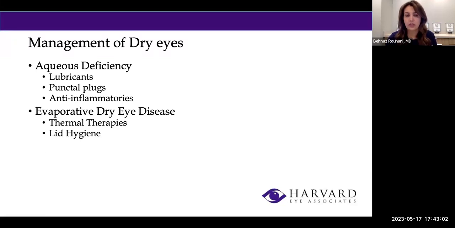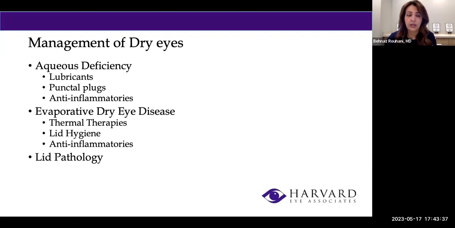I always recommend lid hygiene because it will take away all the dead skin and bacteria that are right behind our lash line, blocking those glands and not letting the glands do what they're supposed to do. So always lid hygiene is the very baseline, but very important part of a treatment to be started, followed by warm compresses to get the glands working and doing a better job in terms of providing a better quality tear film. And also topical anti-inflammatory drops or ointments.